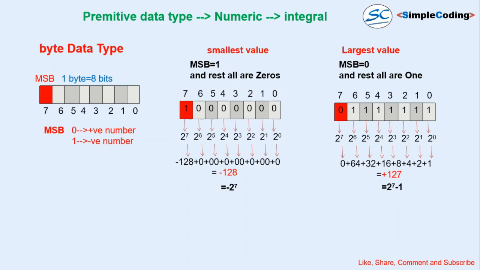And one more thing to be noticed here, when we are considering the 8-bit value, the first bit value, if you have 128, after adding rest of all, you will get minus 1. Okay. Now we got the byte range for the byte data type, that is minus 128 to plus 127. Let's see what we have done yet.